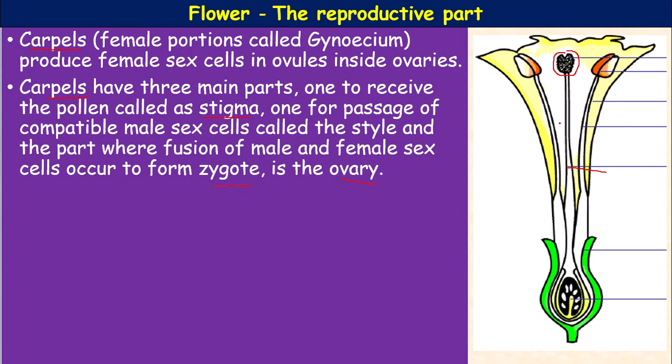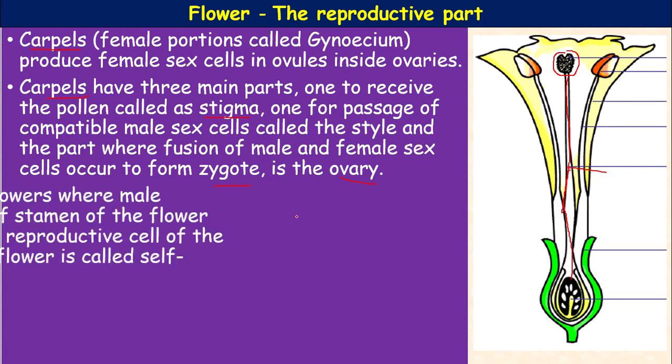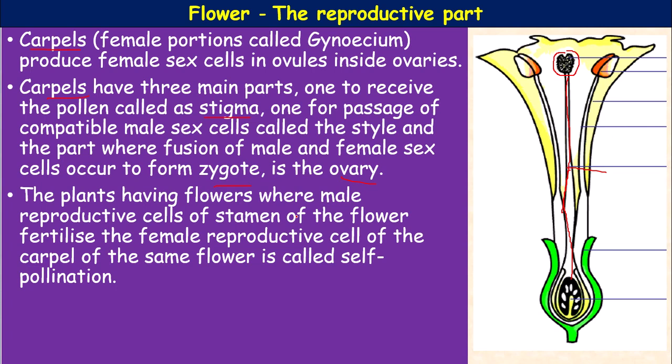So that is called style, and style opens into ovary. In the ovary, the fertilization takes place. Plants having the flowers where male reproductive cells of stamen of a flower fertilize the female reproductive cell of the carpel of the same flower, it is called self-pollination. So actually, the pollination is the process of